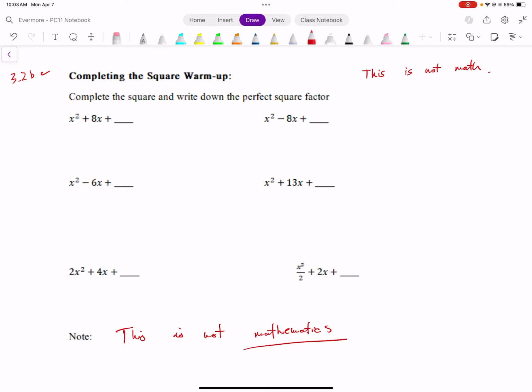So let's complete the square by warming up. What we're going to do is take something in the form x squared plus bx, and add a constant to create a perfect square. And by the way, I'm just going to say this is not math, because we're really going to forget one critical rule, temporarily anyways,